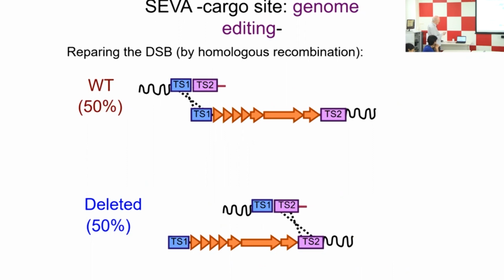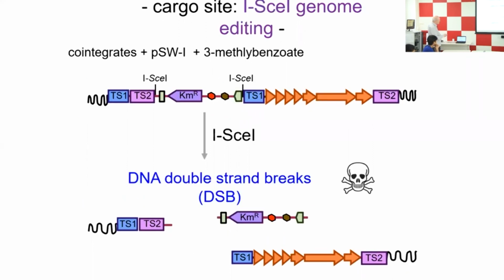Okay, so the only way to avoid killing is that this sequence here recombines with this sequence here. So you have two sequences that are identical here, and the way to maintain the structure of the chromosome without being subject to deletion or to the action of SC1 is if this TS1 recombines with this TS1, or if this TS2 recombines with this TS2. Now, if this TS1 recombines with this TS1, then all you do is eliminate